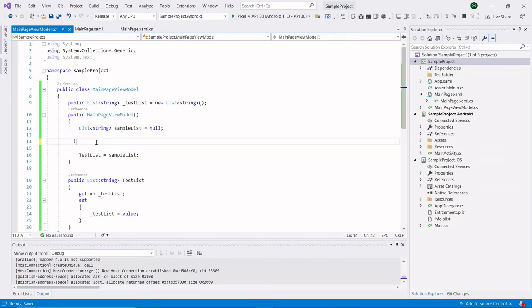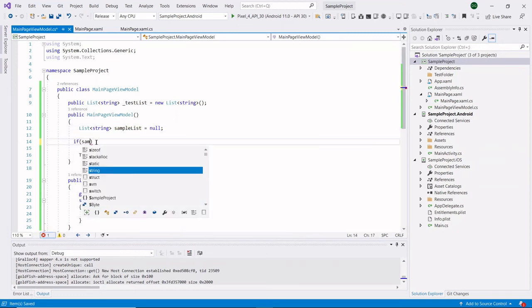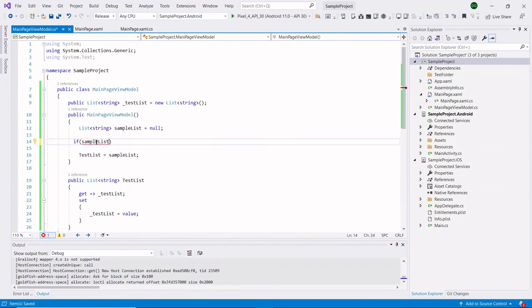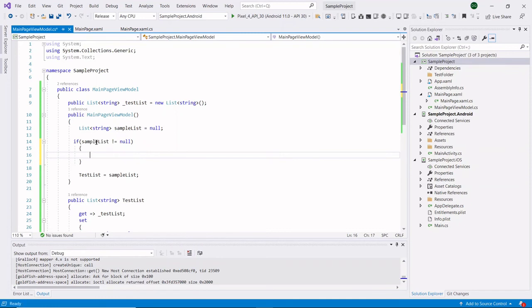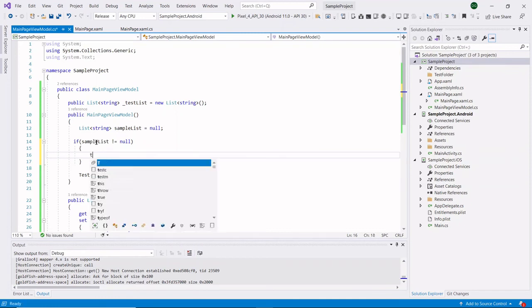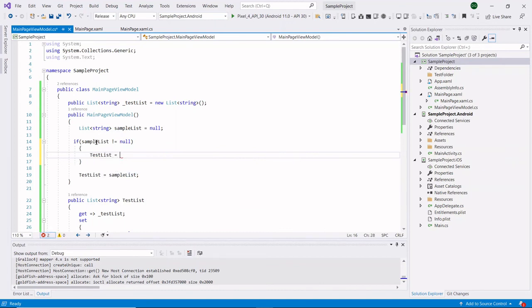Then we need to check the if condition. If our sample list is not equal to null, then we can directly assign our test list view items to our sample list.